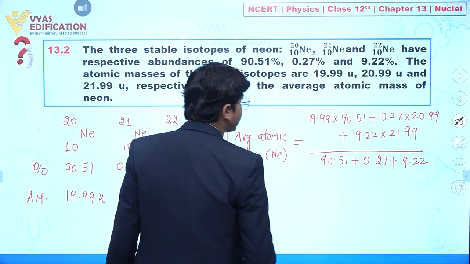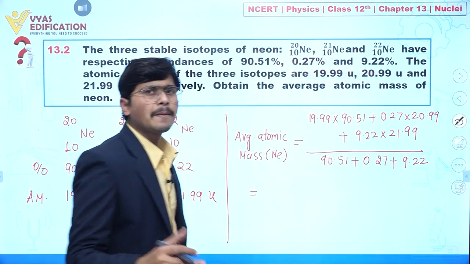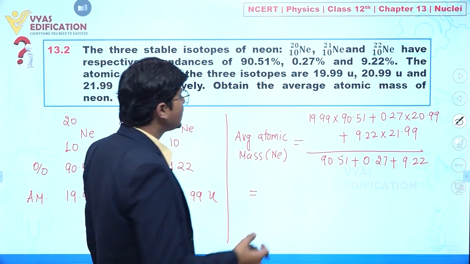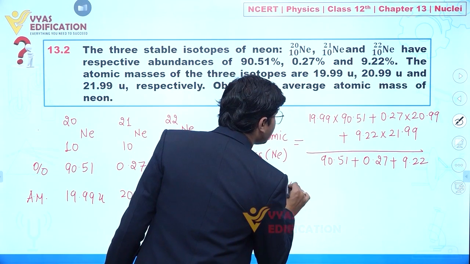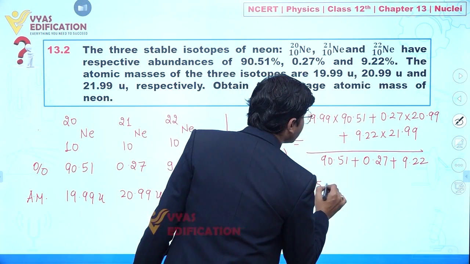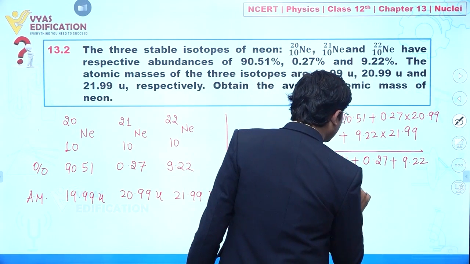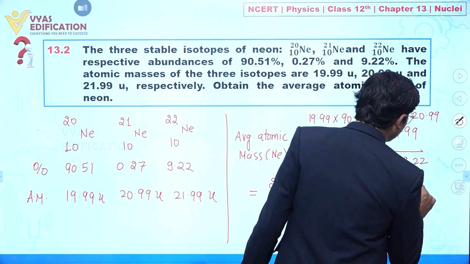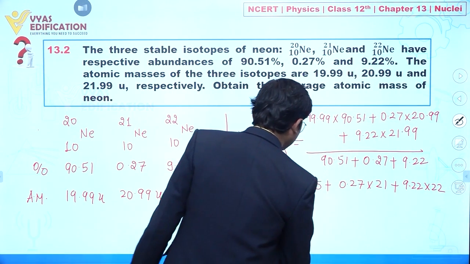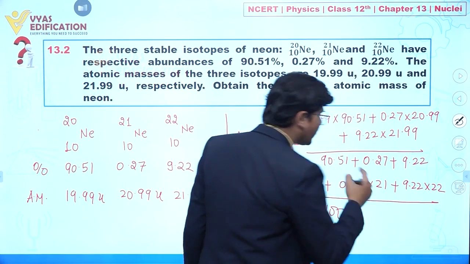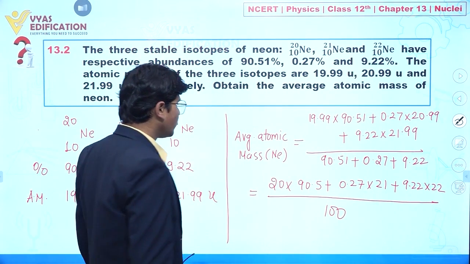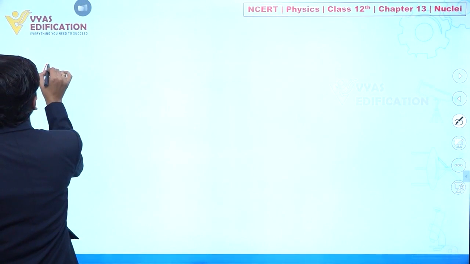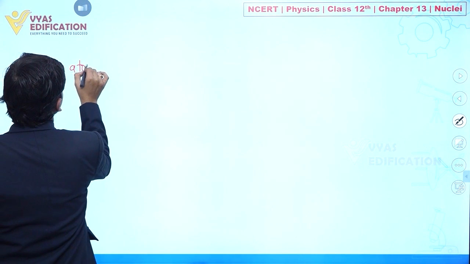So you can also write it like this. If we take some approximate calculation, definitely the calculation is somewhat tedious. So what we can do, let's suppose this is equal to 20 multiplied with 90.5, plus 0.27 multiplied with 21, plus 9.22 multiplied with 22, divided by 100. So definitely now this calculation becomes easier, clear. So now how can you find the average atomic mass